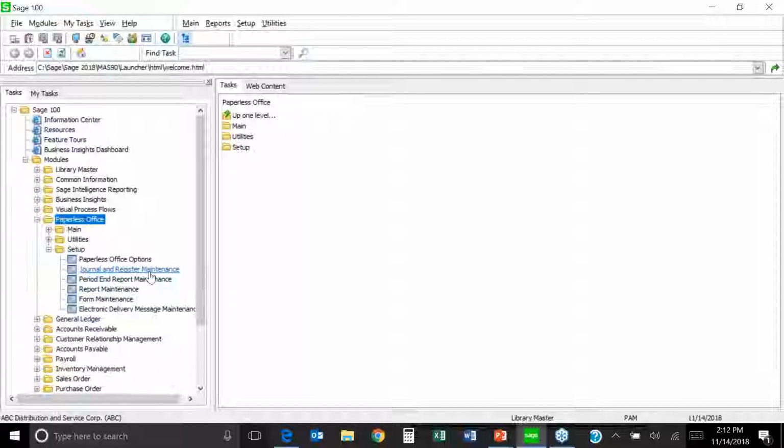So you have the ability to save all of your journals and registers, your period end reports, areas within report maintenance and form maintenance, and then also you can email out of Paperless. So you can pick and choose which documents are emailed, and you can also pick and choose, let's say for instance,